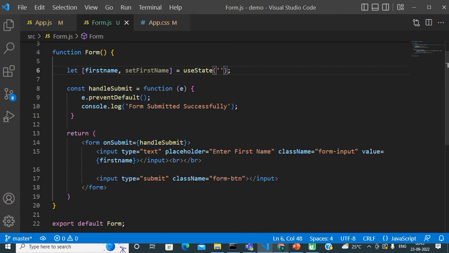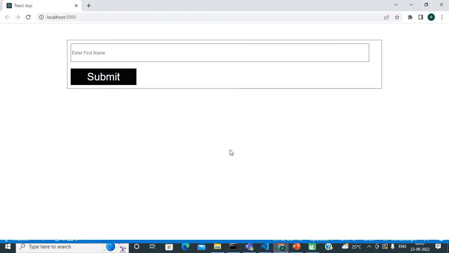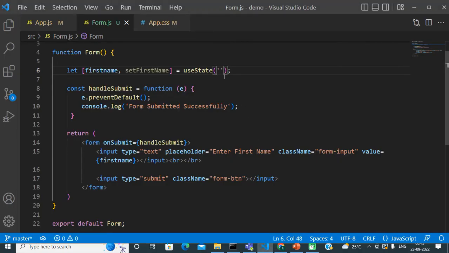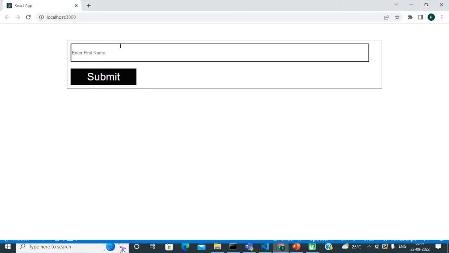Whenever we show our form to the user for the first time, obviously the form should be empty. That is why we have passed an empty string.